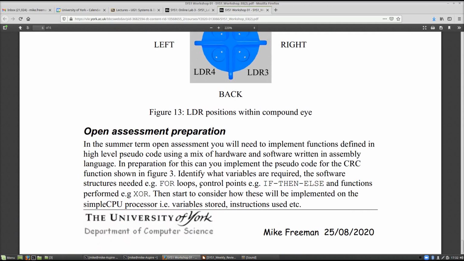Linked to that one, part of the open assessment is converting a high-level description of what the system should do down into some assembler code, which we'll be looking at in later lectures, so a program. Looking at that CRC calculation performed in figure 3, can you convert those pen and paper steps that you did when you calculated the checksum into a program, into a high-level description of what it should do? And you'll need those basic programming skills